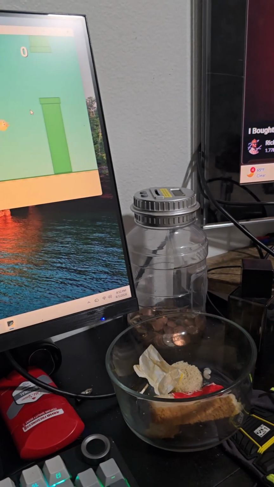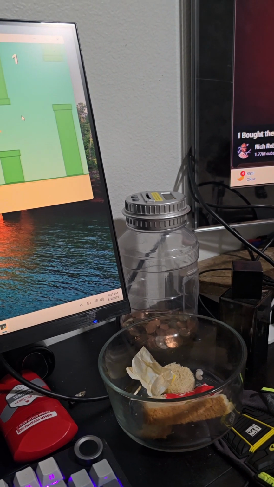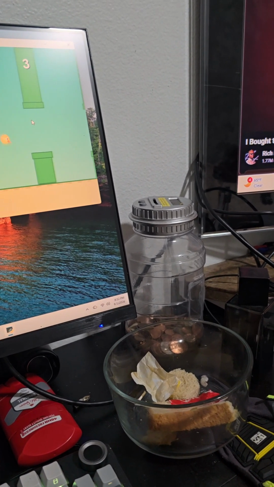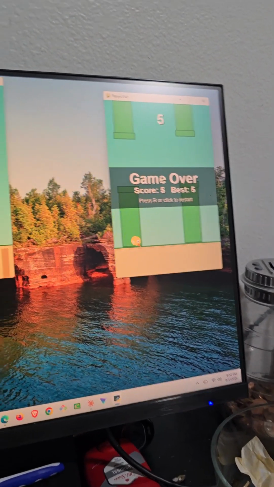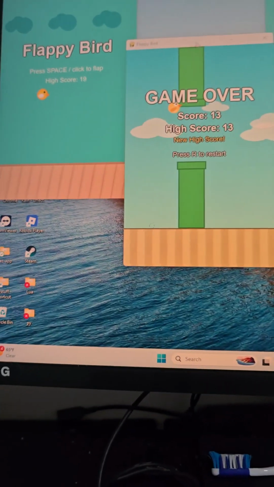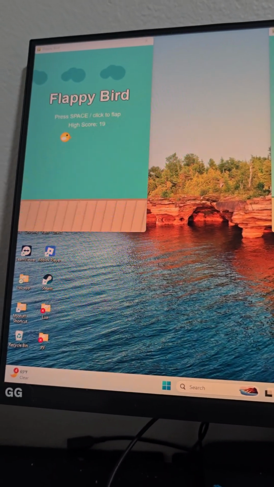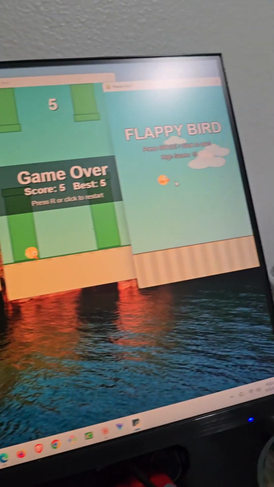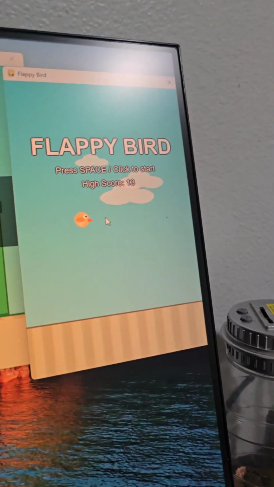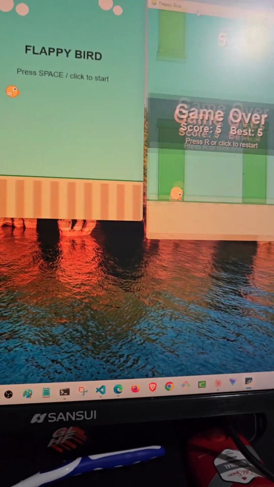Cool. Where this one, you can see the difference between them. Like the gravity is not that good for this one. Okay, I'm gonna rank this one number 1 and this one number 2, just because the way it looks is way better, and it feels almost real. You can see the animation it's doing and all that. Very cool.